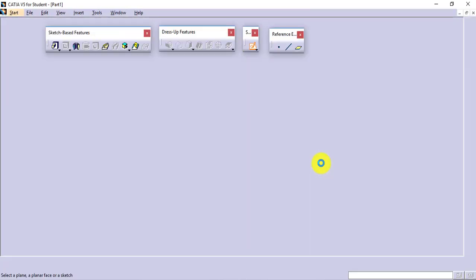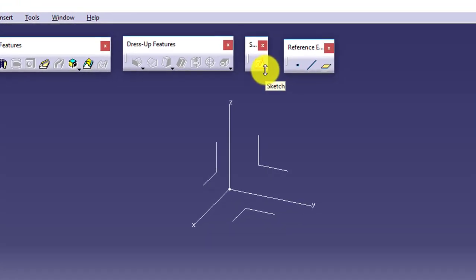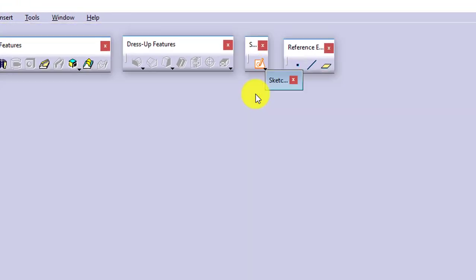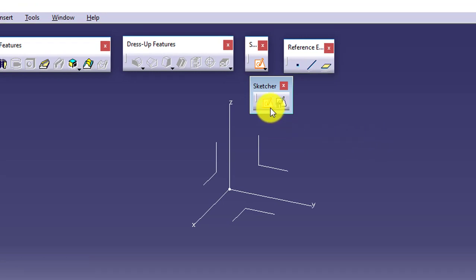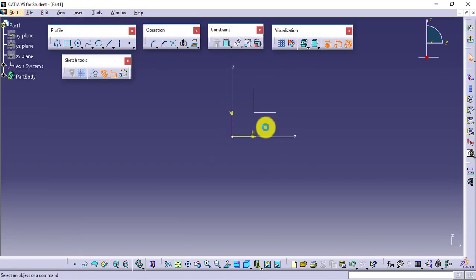and when I go for selecting the sketch tool, then I have one more option available, which is in the sketcher sub toolbar. Now you can see I have two options available to enter into the sketcher environment. First one is the sketch, another one is positioned sketch. We will clear the difference between these two. First, the sketch. I'll simply select the sketch tool and select a plane. I'll be able to enter into the sketcher environment.